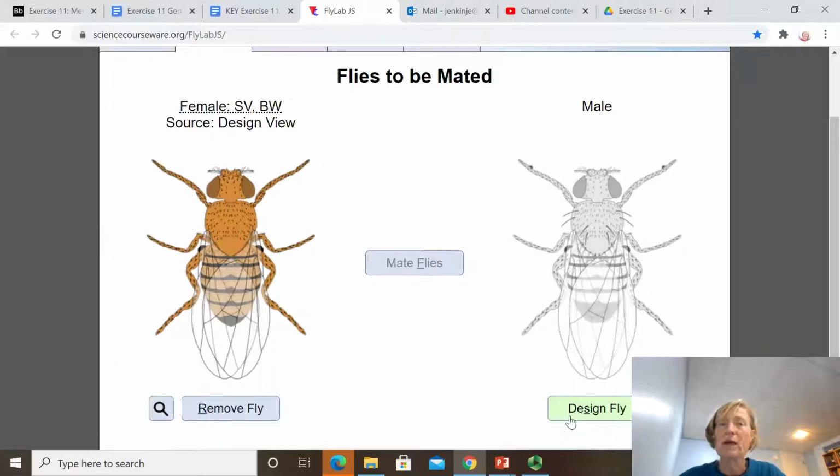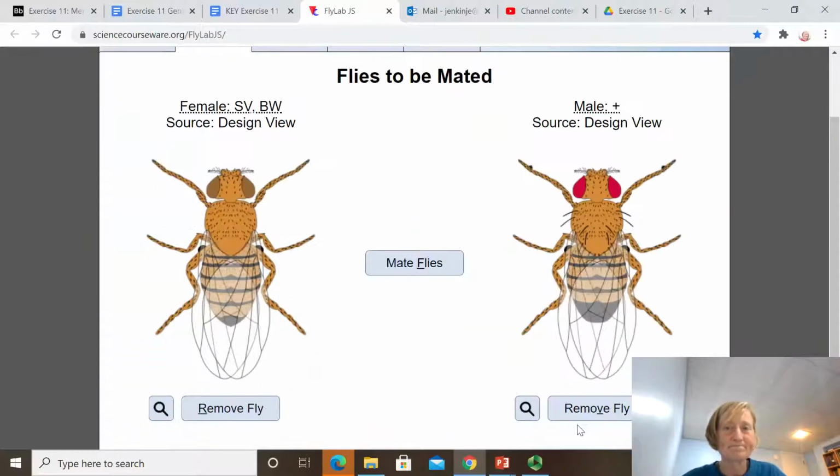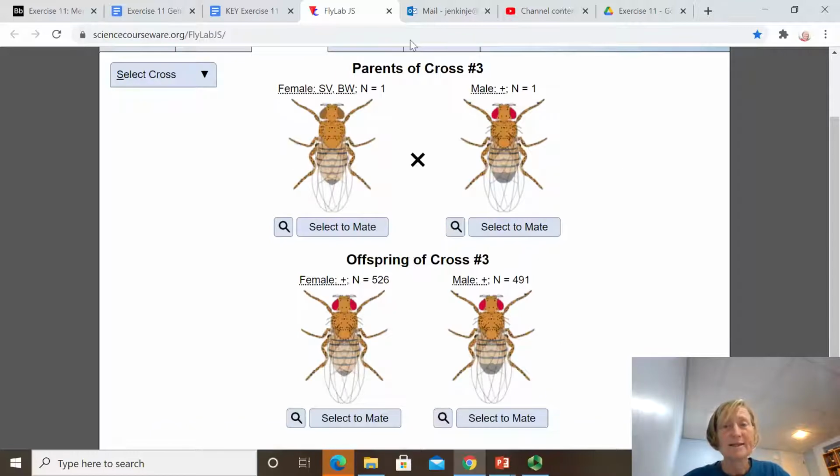And we're going to mate her with a wild type male. That's easy. I'm going to design my male fly, and I'm going to design just the wild type fly. Oh, there they are. They're lovely. They use these symbols for shaven and brown. Don't worry about them. I'm just using B's and S's. Makes it a little easier. I'm going to mate my flies. Ta-da! It says cross 3 because I somehow didn't reset my crosses. Somehow I have to do that, but don't panic. This is my first cross for the